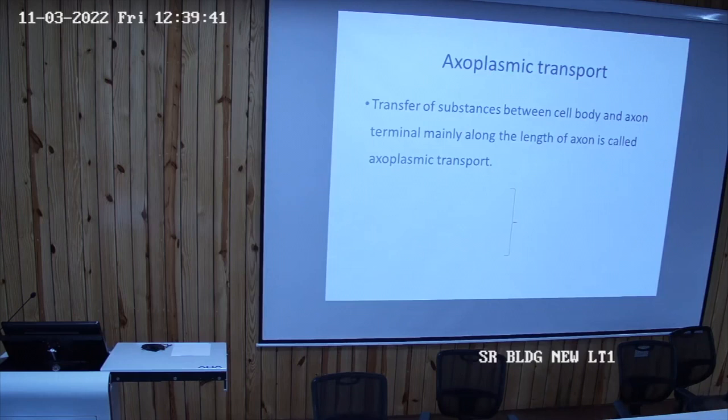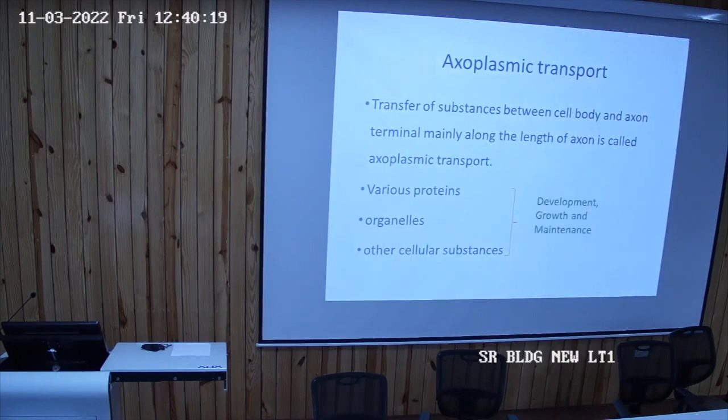Okay, and whether it is bidirectional or unidirectional, can it happen on both sides or only one side? That is not correct. It may be in both directions. There may be anterograde transport also, and there may be retrograde transport also. Okay, so we'll discuss that anterograde can happen and retrograde can happen. What are the substances which are getting transported? It may be protein, it may also be organelles. There are mitochondria also in the axoplasm, so they may travel.